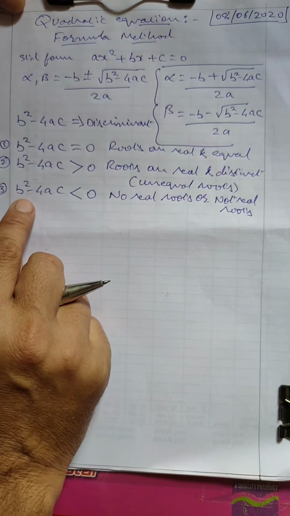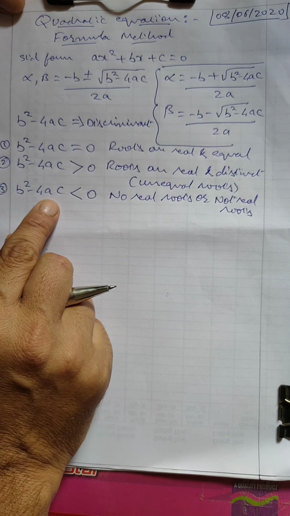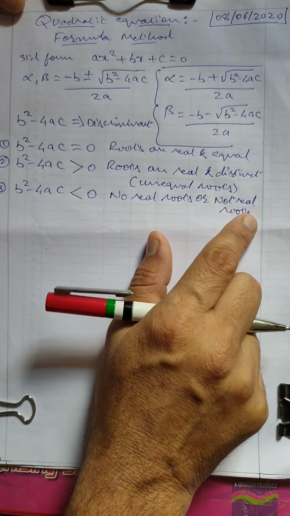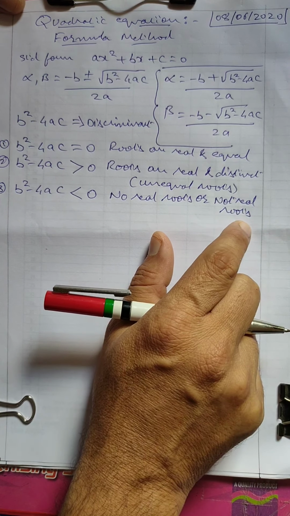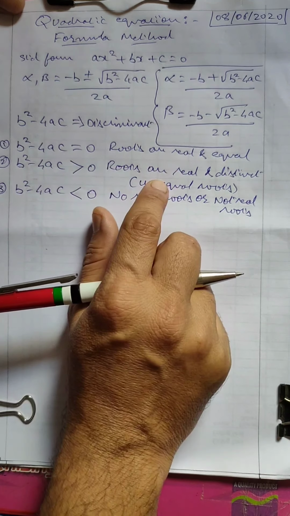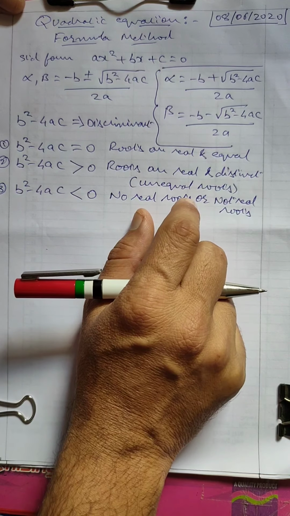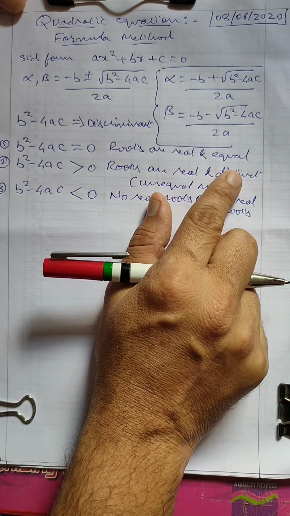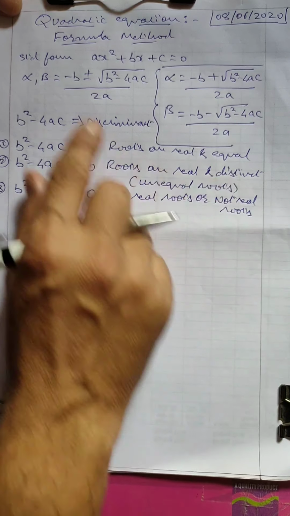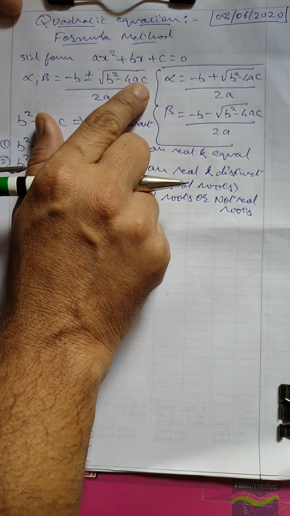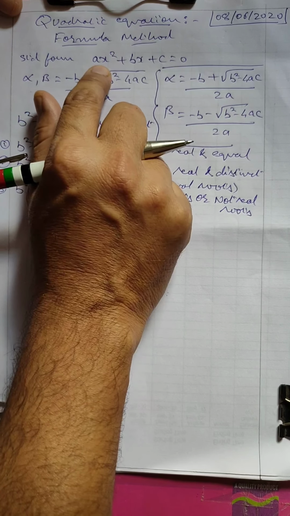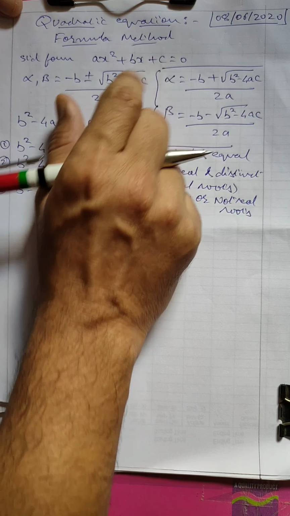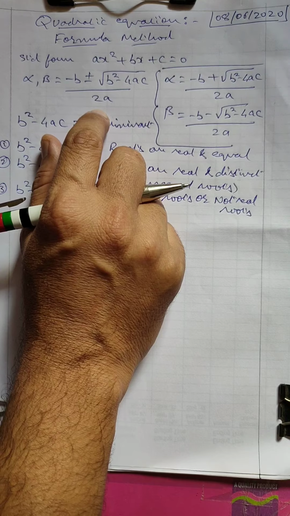It is better that we take the discriminant b square minus 4ac, and after getting a value less than 0, we can say no real roots. If b square minus 4ac is greater than 0, we say roots are real and distinct, that means unequal roots. And if b square minus 4ac is equal to 0, we say roots are real and equal. Is that clear? And this is the formula: minus b plus or minus under root b square minus 4ac upon 2a. Here in the quadratic equation ax square plus bx plus c, we get the values of a, b and c. We put the values in this formula and we are able to solve it.